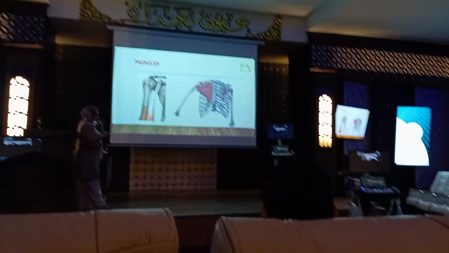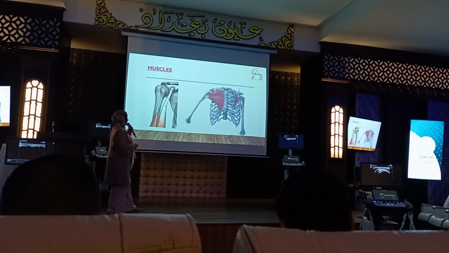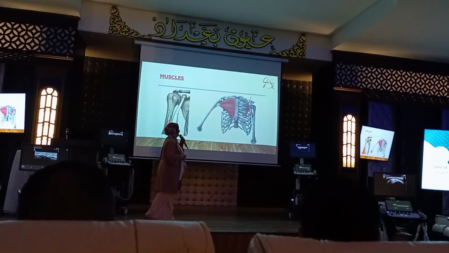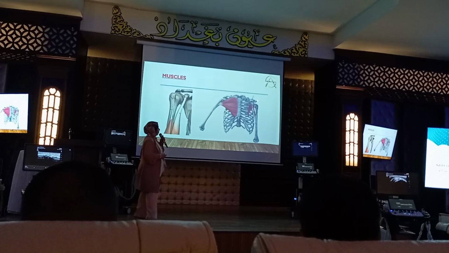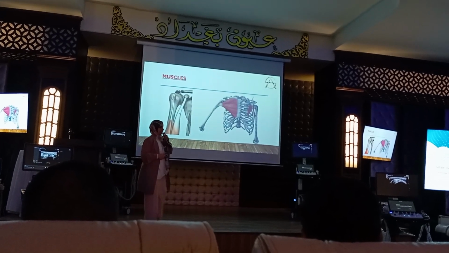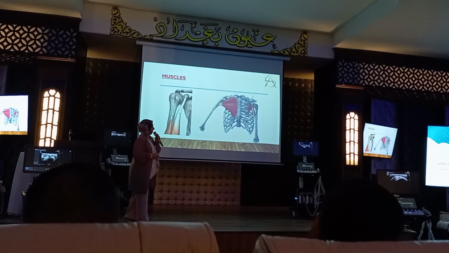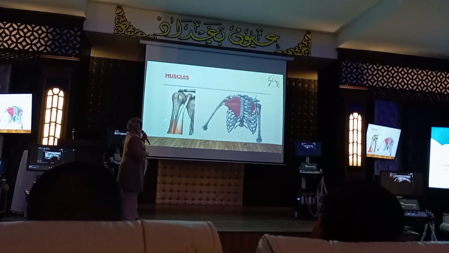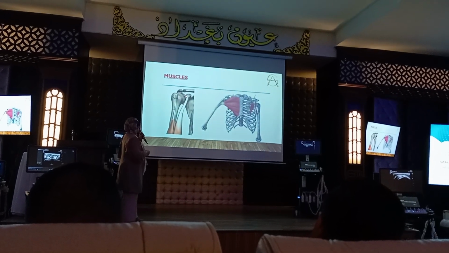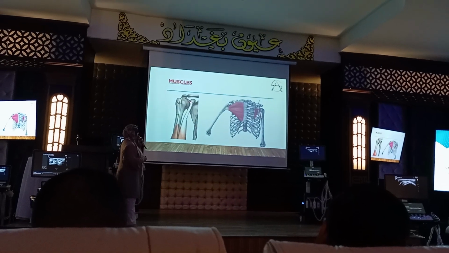It is the largest muscle of the thoracic cage, the pectoralis major muscle. Below it, which comes from the medial part of the coracoid process, is the pectoralis minor muscle. We can see just the tendon by ultrasound by putting the probe on the coracoid process and looking from the medial part. Also, there is the most important long head tendon of biceps, which comes from the supraglenoid part and